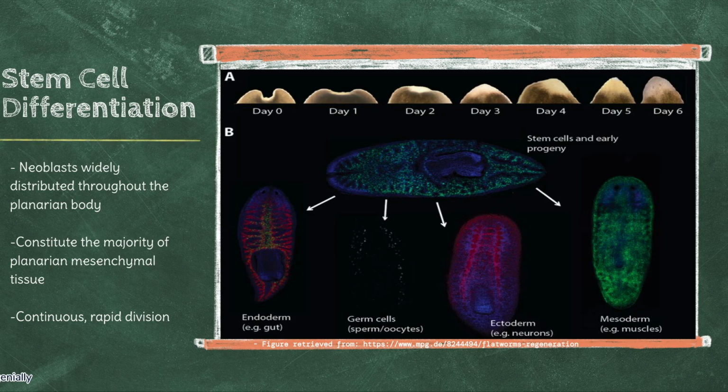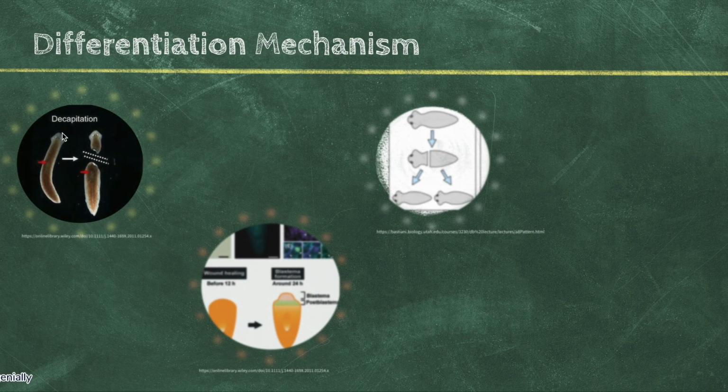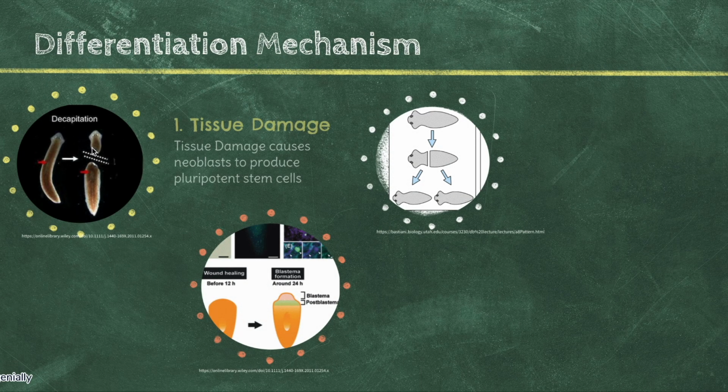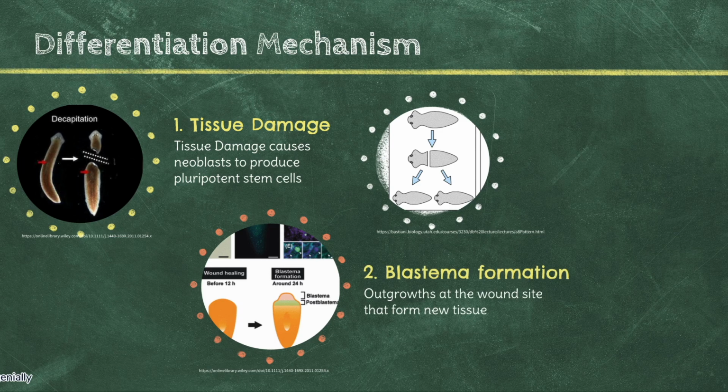This microscopy image uses tissue-specific markers to demonstrate the differentiation of Planarian stem cells into mesenchymal tissue. Upon tissue damage, these widely distributed neoblasts are recruited to the wound site. Outgrowths at the wound site, called blastemas, begin forming the new tissue. A blastema is a mass of undifferentiated cells that proliferate rapidly to replace damaged tissue in a process known as